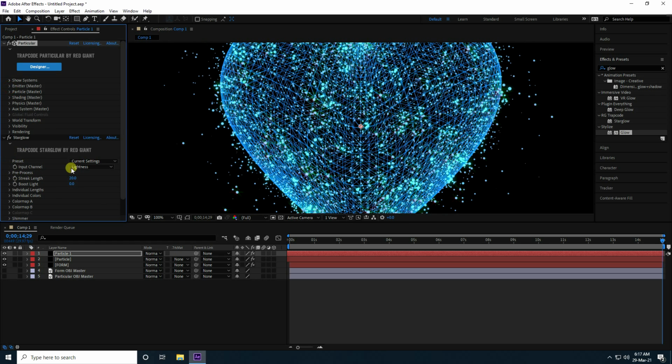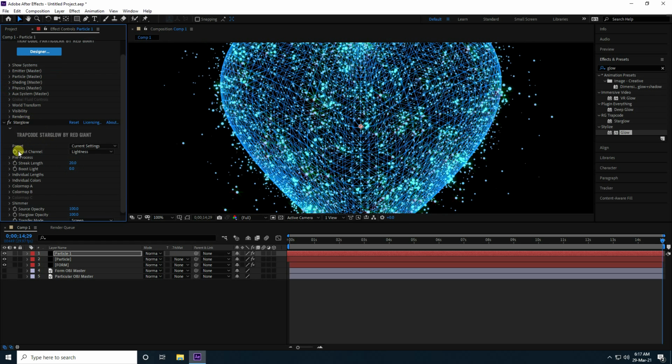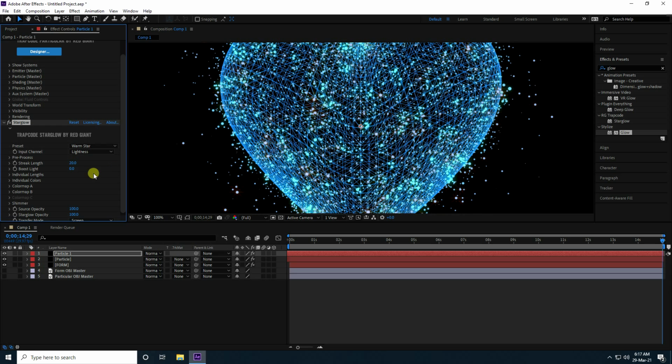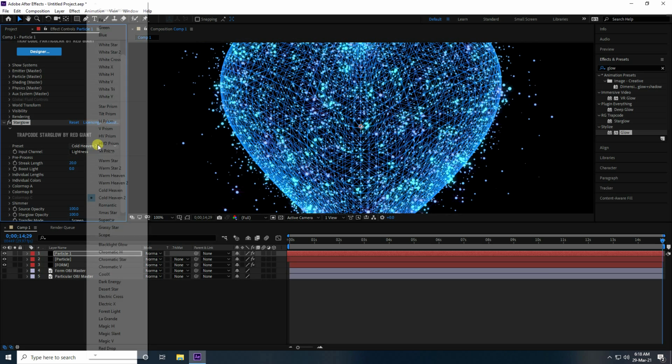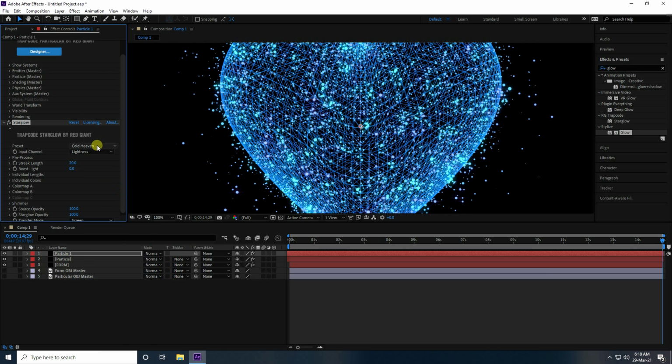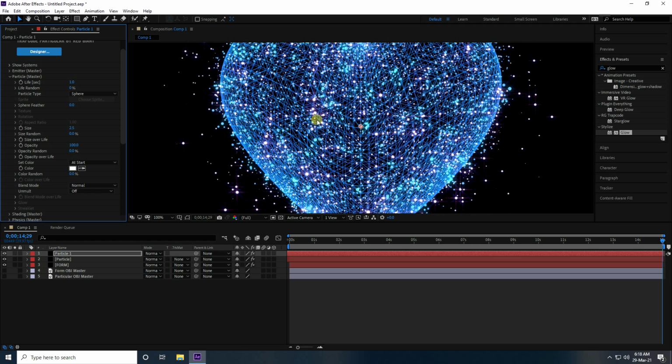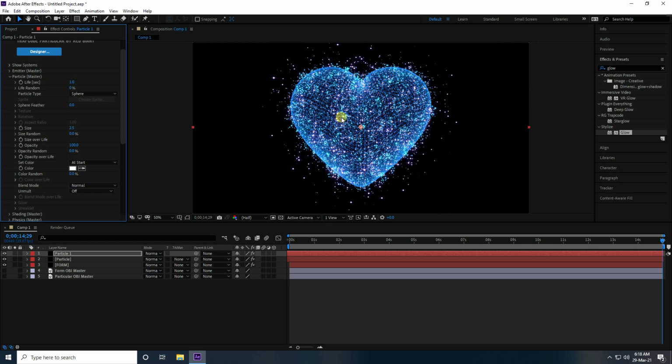Okay, so now guys go to Star Glow and Presets, change, that's my effects. See, like this one, and Code Heaven. Yeah, like this, right? Okay guys, you can take any one, depending on your work. So select and change the Star Glow color. I like white. Yes, beautiful. See guys, that's my beautiful color, right?